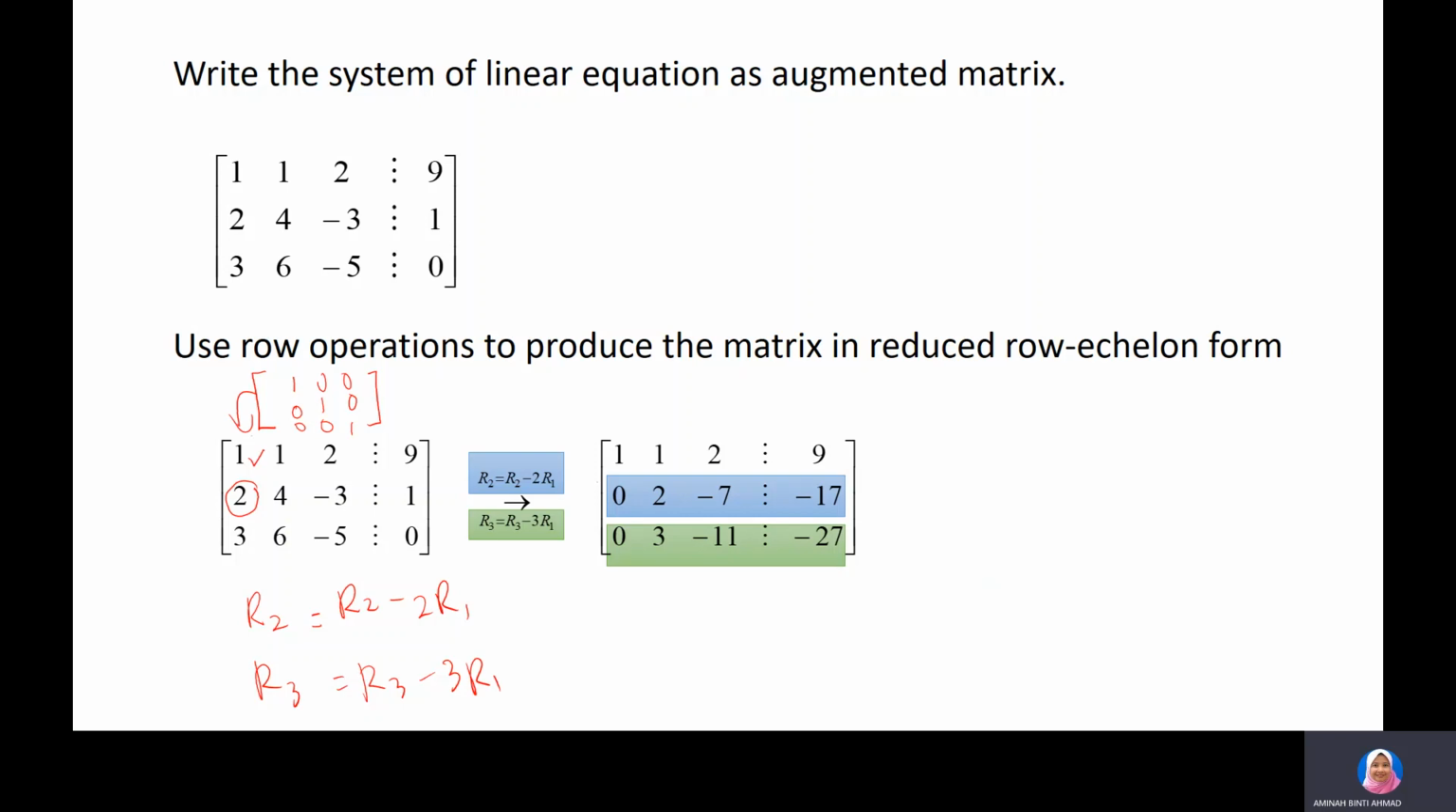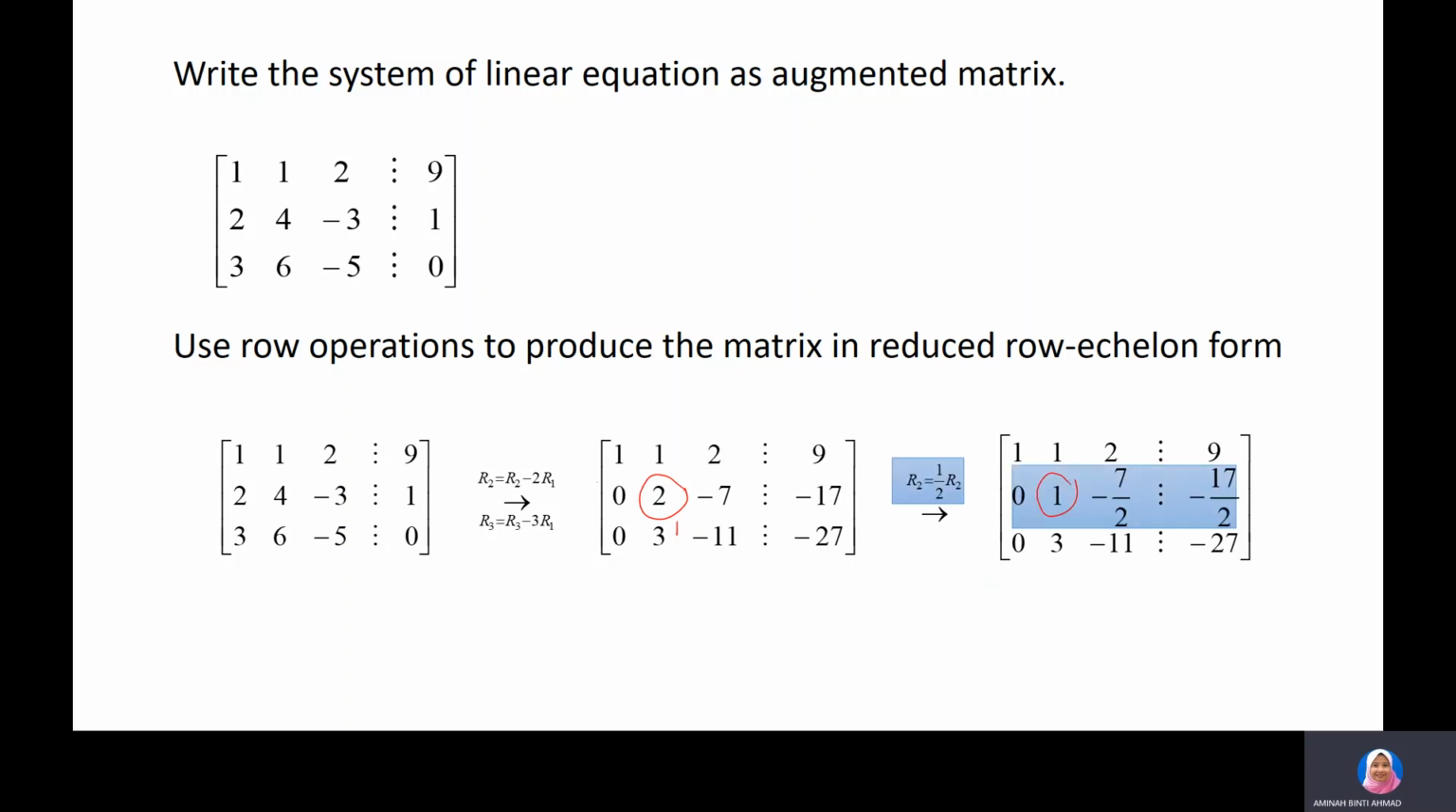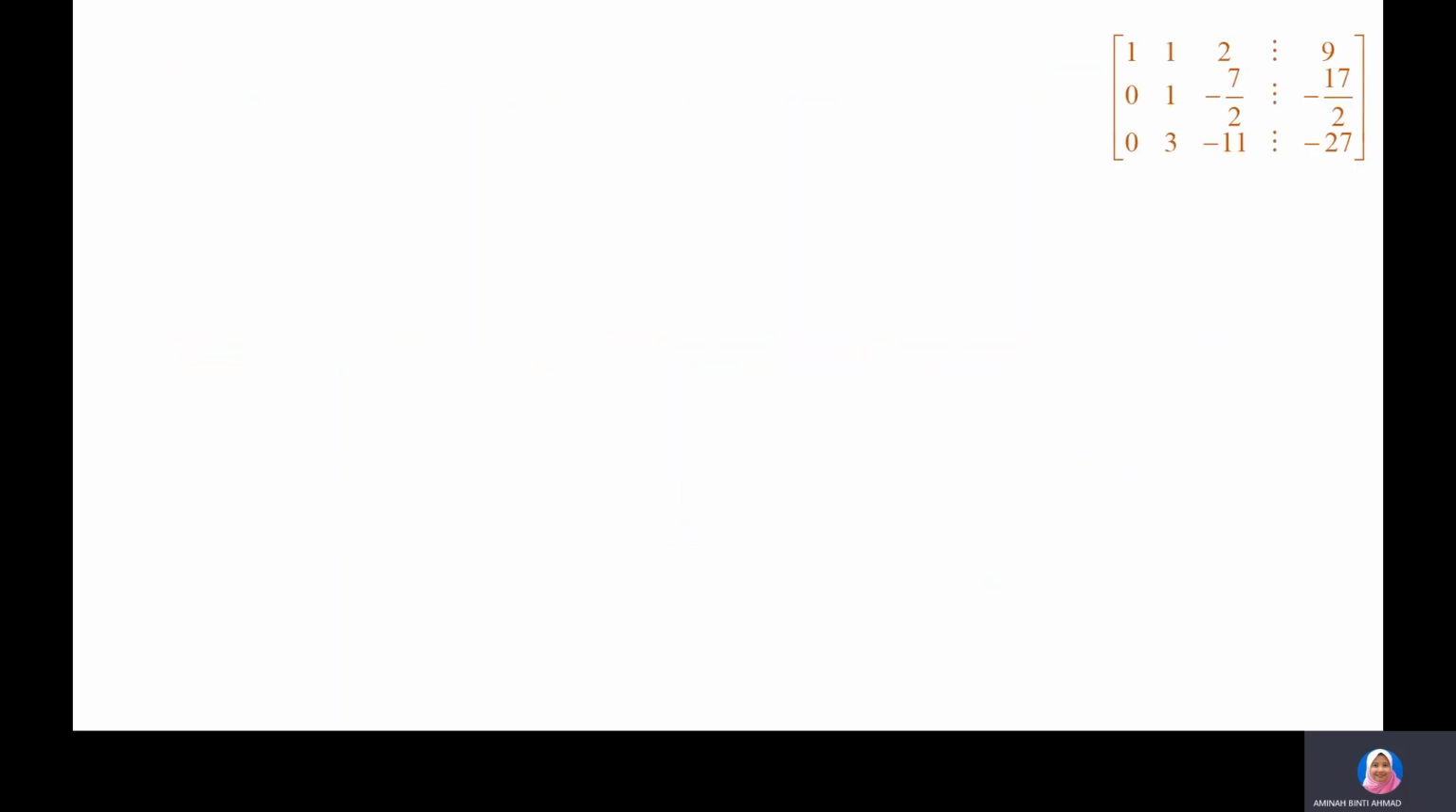Okay, next we want to make sure this is equal to 1. So we just divide row 2 by 2, so that the value here is equal to 1. So change all of the row with the equation provided, and then you get that answer. Next, we want to make sure this is equal to 0. So we can write row 3 equal to row 3 minus